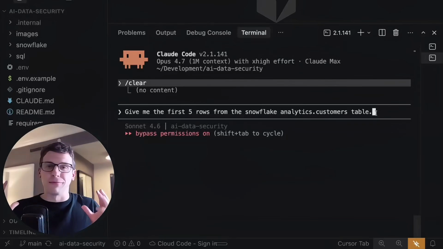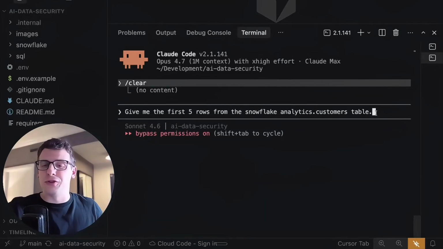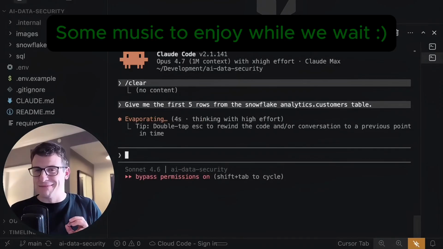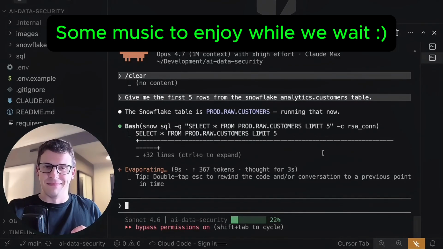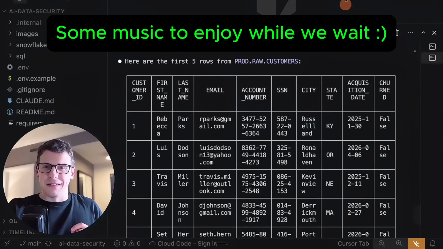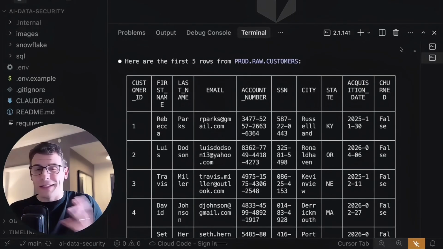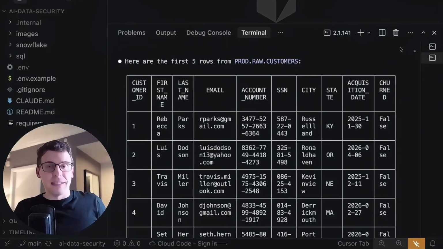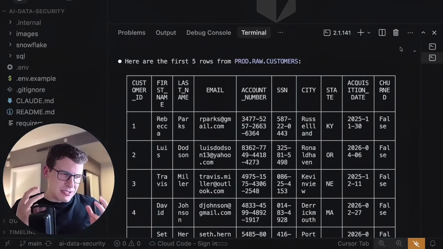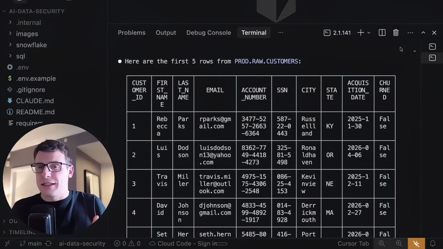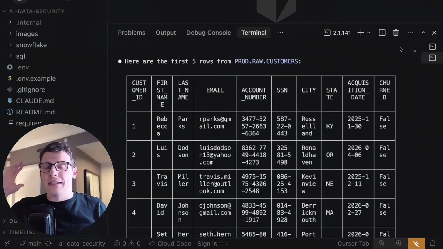Watch what happens when I ask Claude Code to show me my customers table. We'll fast forward through this for a second. Now, what you can see on my screen are realistic looking emails, account numbers, social security numbers. So everything you saw and you see here on my screen just left my network and it is now sitting